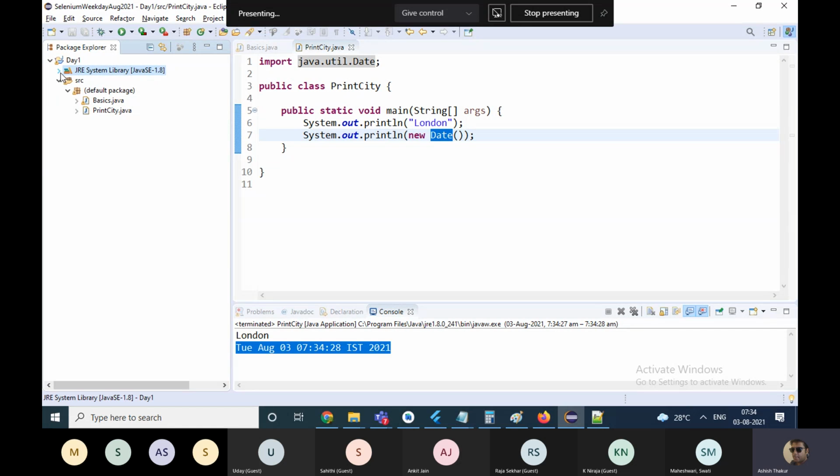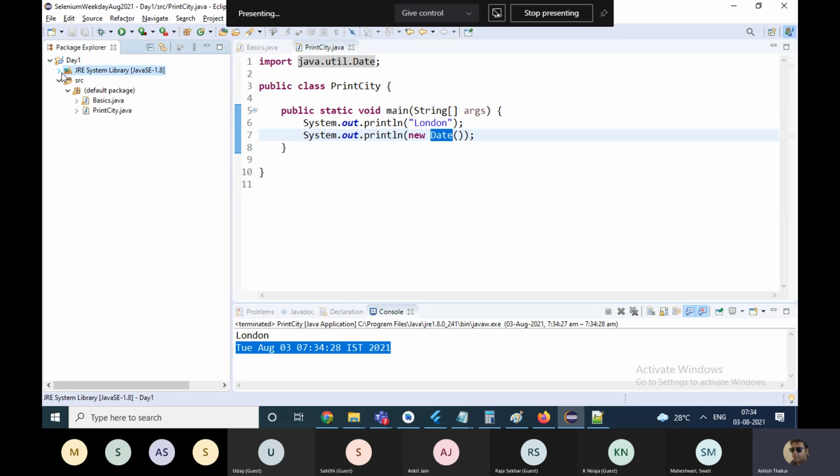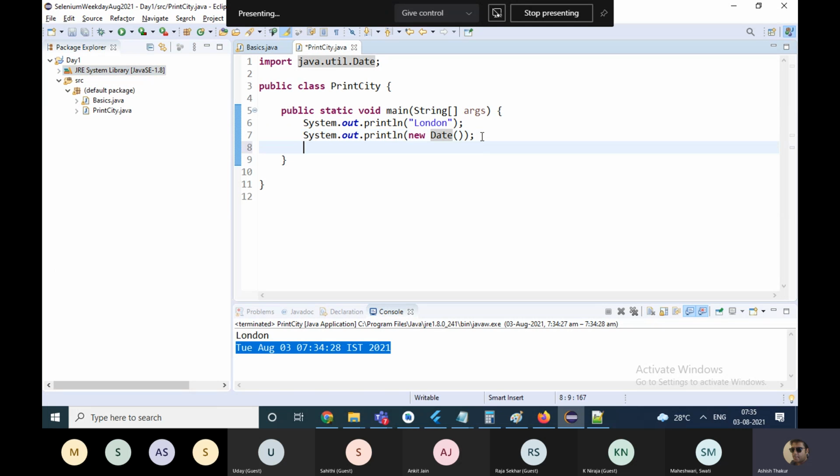So these are the JRE system jar files which come along with Java, and they give you a lot of inbuilt features. Similarly, in Selenium also, 100% of commands are inbuilt. Not rocket science.